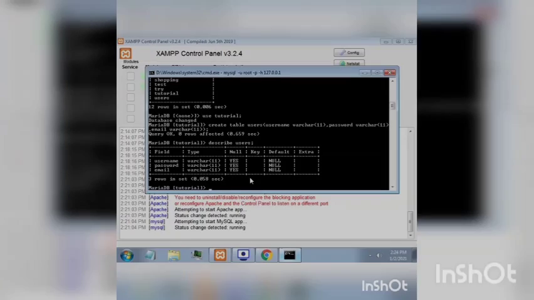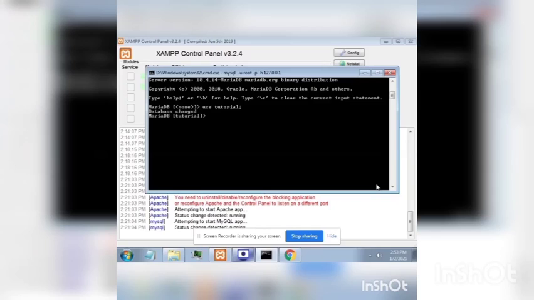So guys, today we will teach you how to insert data in a database. In the previous tutorial, we created the database tutorial. So we insert the data into the table. First, let's type show tables.